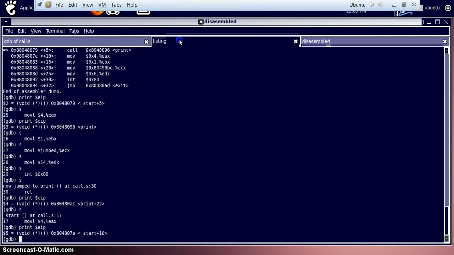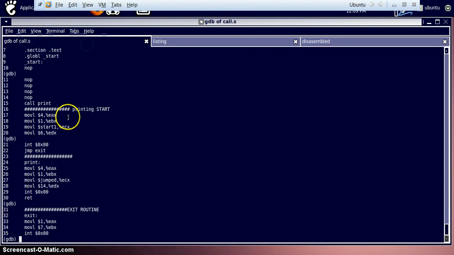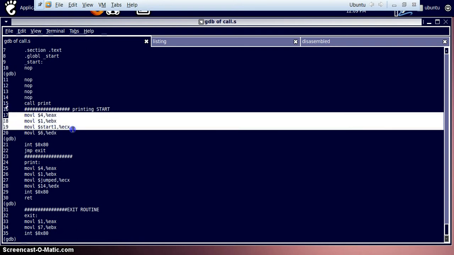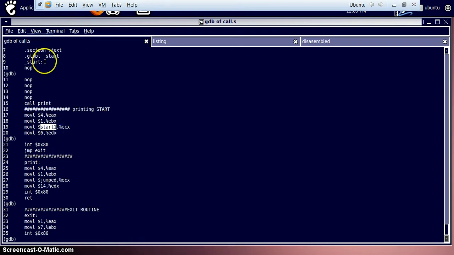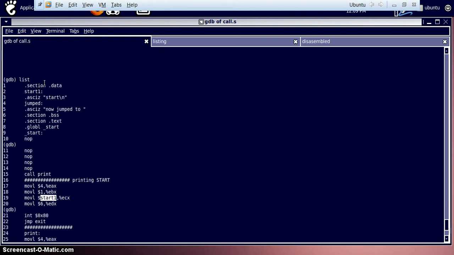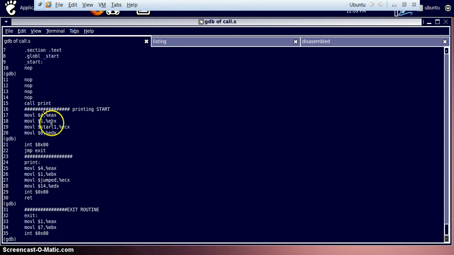So the program execution has reached over here. Now it will complete this print routine, printing start one. What is start one? Start one is printing start to the screen. So it should actually print all this.